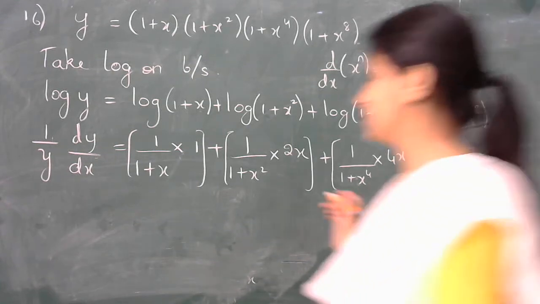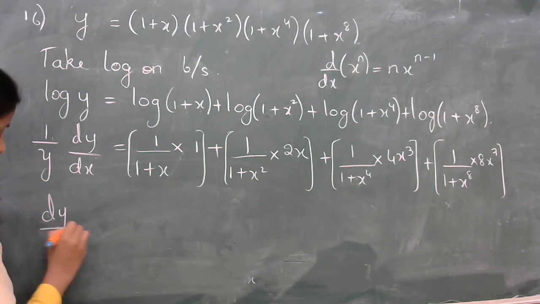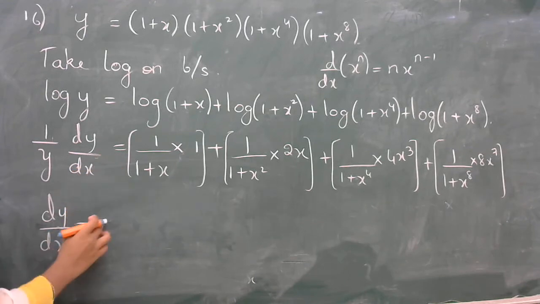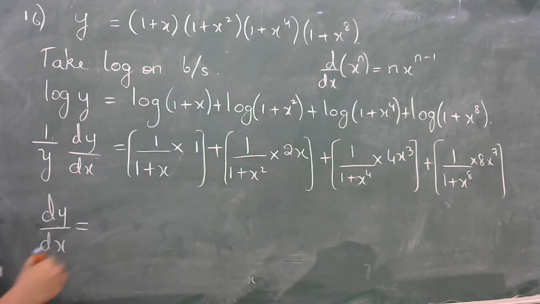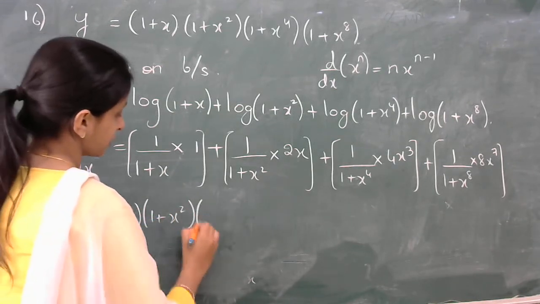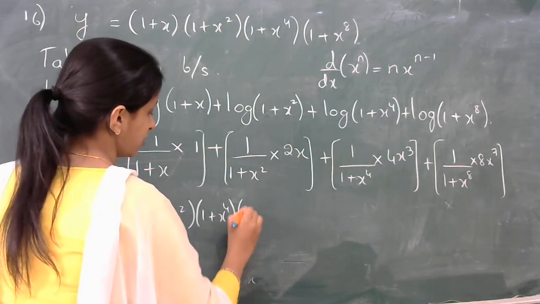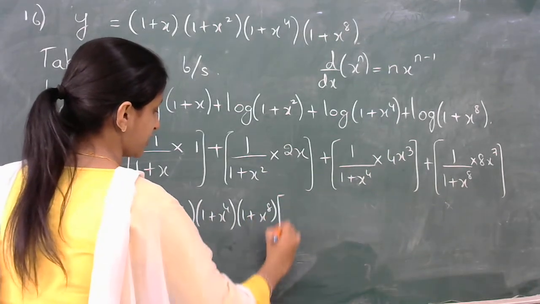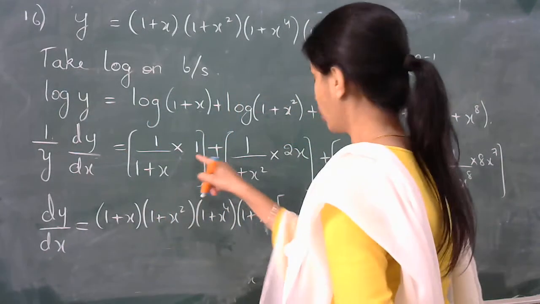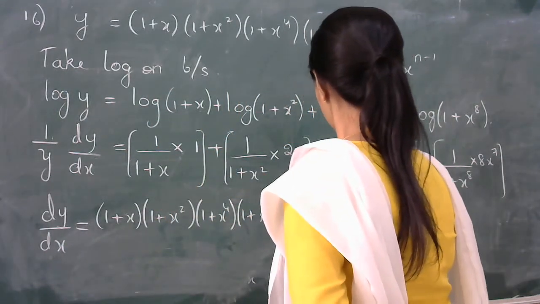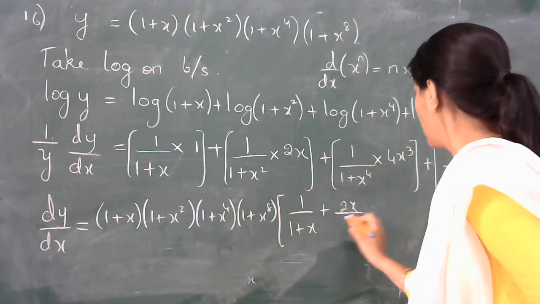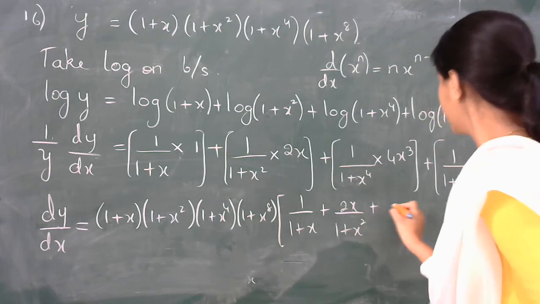Now if you simplify this, what do you get? dy by dx will be equal to, you will take this to the other side. Now here you are going to write this whole thing as y. Right? What is that y? 1 plus x, 1 plus x square, 1 plus x to the power 4, 1 plus x to the power 8. So this is my y. Okay? And what are these things? Here 1 by 1 plus x into 1, it is 1 upon 1 plus x, plus 1 by 1 plus x square into 2x, that is 2x upon 1 plus x square, plus 4x